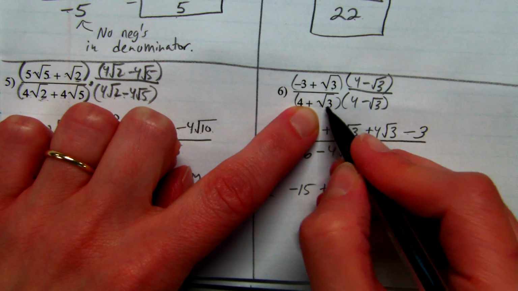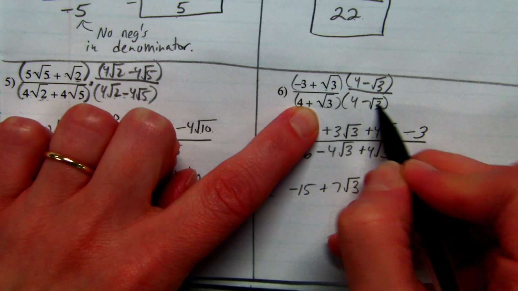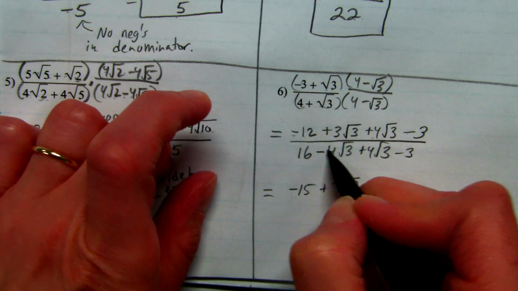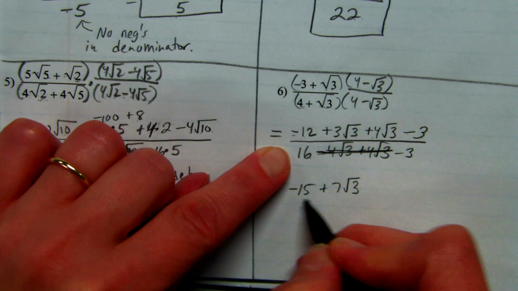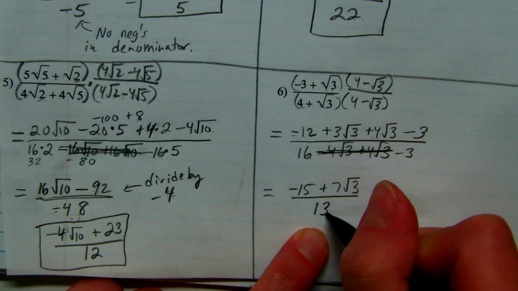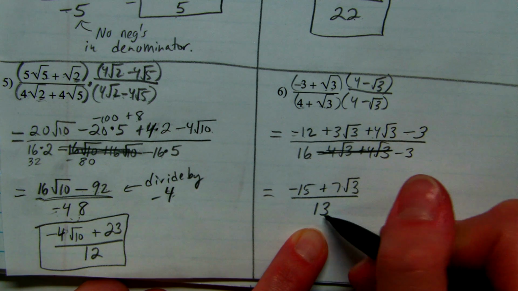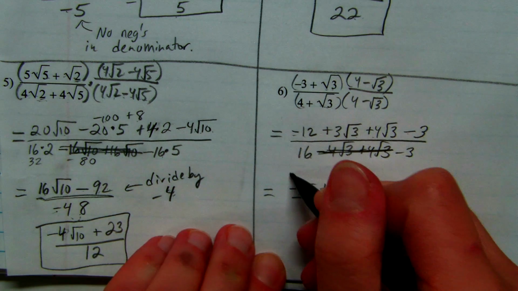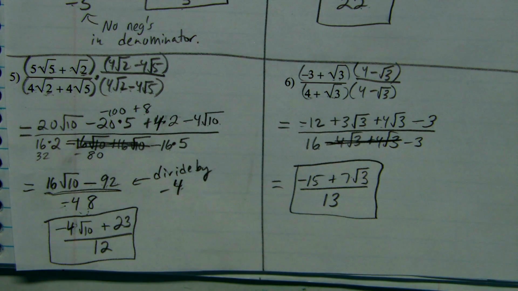Okay, radical 3 times 4 is plus 4 radical 3. And radical 3 times negative radical 3 is negative 3. So these cross off. I have 16 minus 3. That's 13. So do I have radicals in the denominator? No. Do I have negatives in the denominator? No. Does 15 and 7 and 13 reduce? No. So we just box it and that's the answer. We are done. Awesome. That's a good